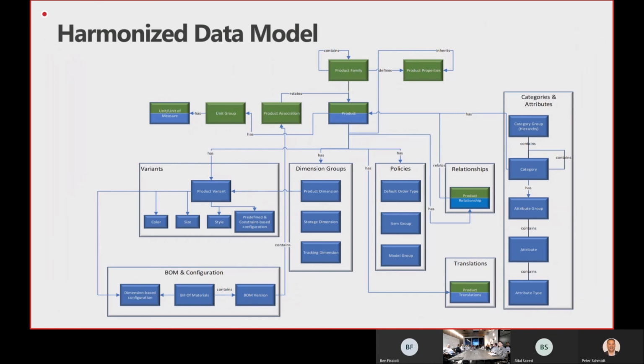So what's happened is, as of October, there will be, I think they're calling out 30 data entities that we'll be able to use through the dual write process. So they'll be directly synced between CE and FO, and it's things like customers and vendors, products, and something else that I can't remember. And then they actually have this roadmap to bring all the other modules in. And they want to move through this pretty quickly, because if you can imagine something like asset management that I talked about before,